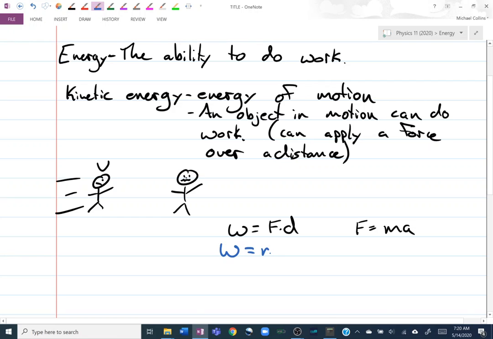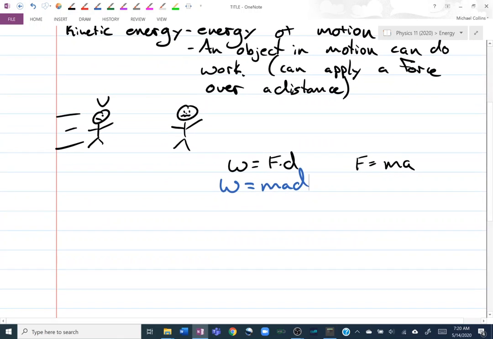Work is equal to mass times acceleration times the displacement. And if we want to know what that acceleration would be, given the displacement and this initial velocity, we can use the kinematics equation,